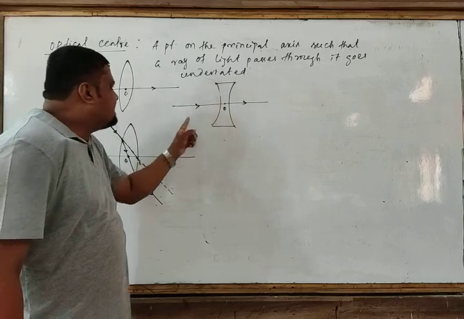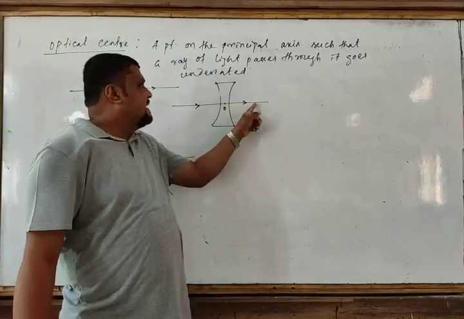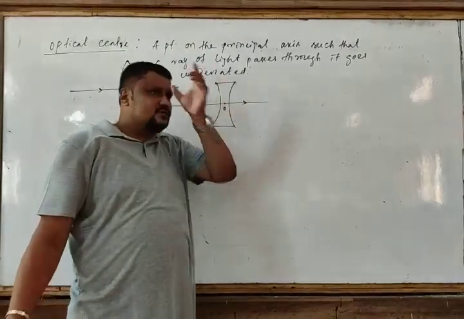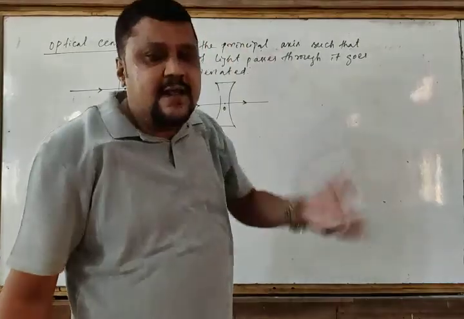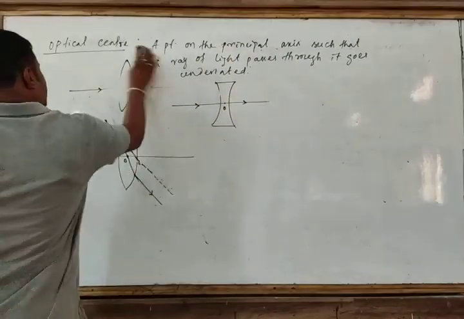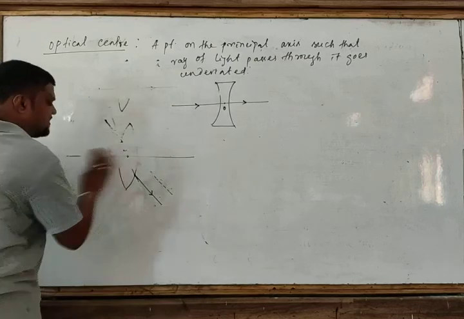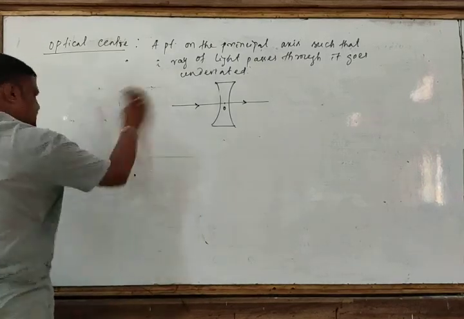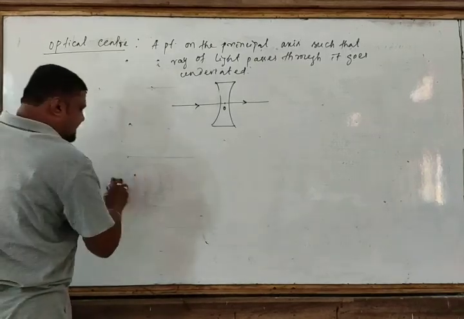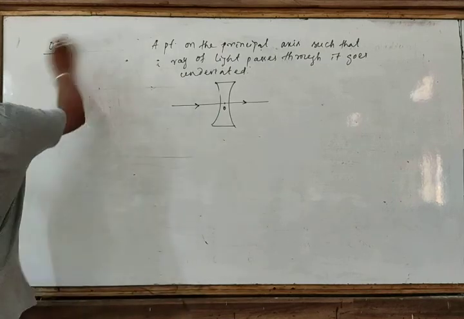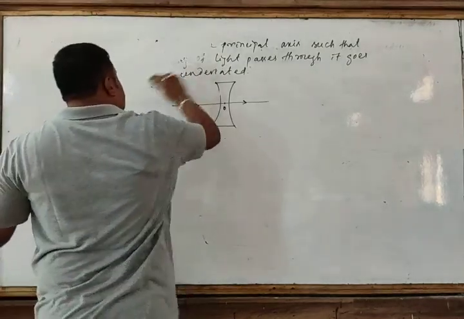Similarly, this surface has a center of curvature, and this surface has a center of curvature. The line joining the two centers of curvature is the principal axis. Other definitions we will discuss at a later stage, when we discuss the lens formula clearly. This is a term we will generally use in our